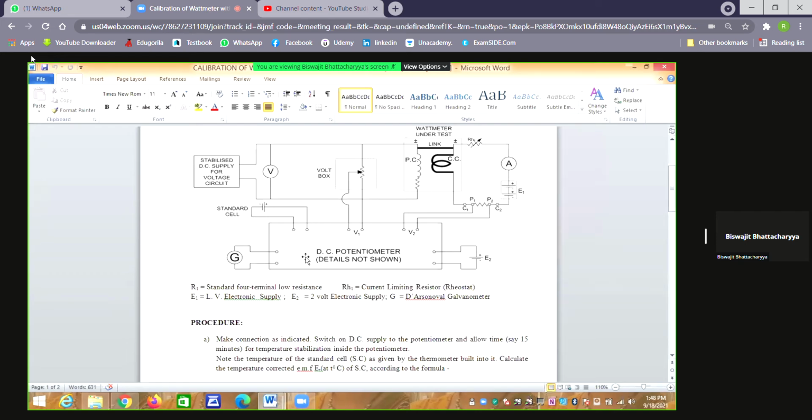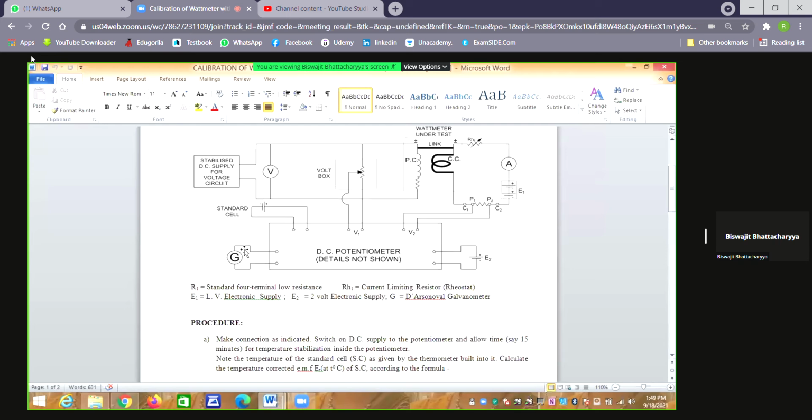the standardization mode, vary the knob for coarse adjustment and fine adjustment. Effectively this is equivalent to varying the rheostat, internal rheostat. So the net applied voltage inside the slide wire will change in such variation. And when our galvanometer reading is at null, then it means that our potentiometer input voltage inside the slide wire is exactly equal to the standard cell voltage.